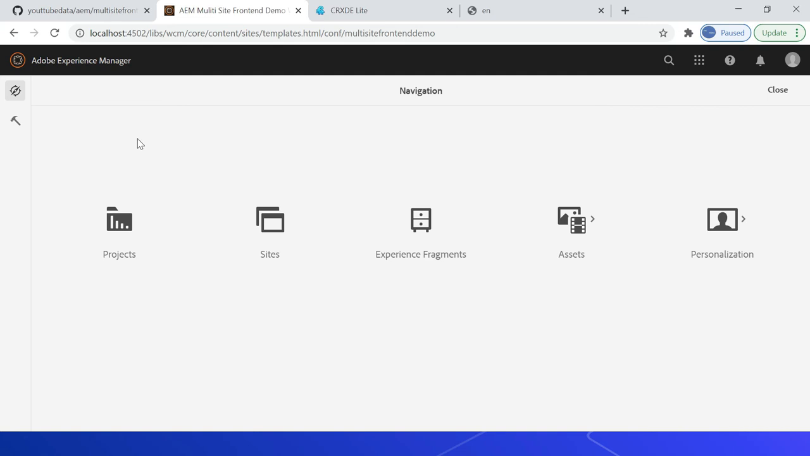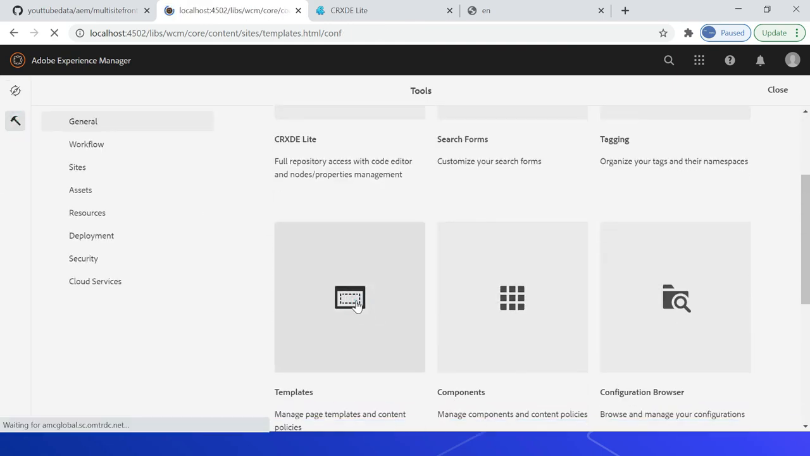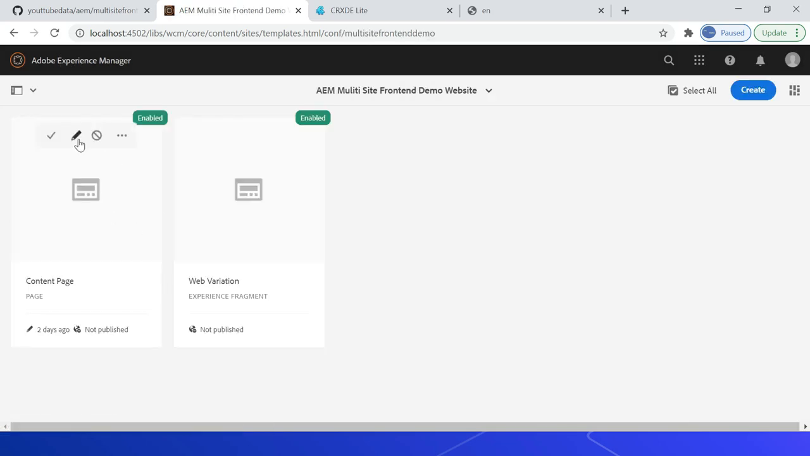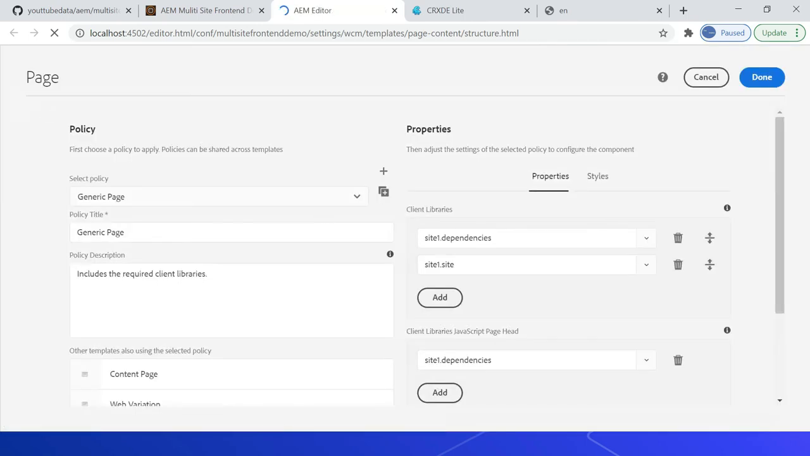Let us now quickly see how the site-specific client library is enabled in template. So for that, go here, click on templates. Okay, open this. Okay, edit this template, content page template. Go to page policy. If you see here, site1.dependencies and site1.site client libraries are pointing, but if you want, you can change it to